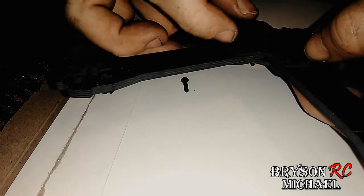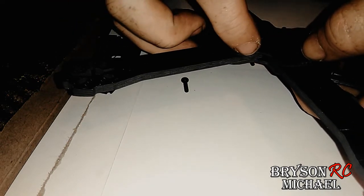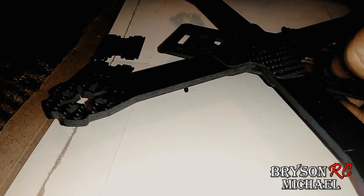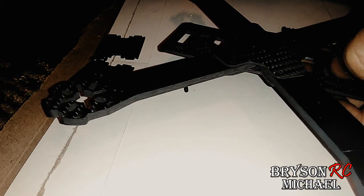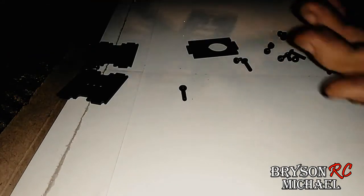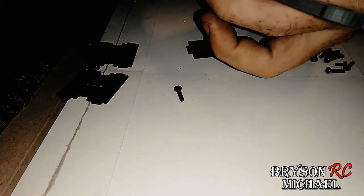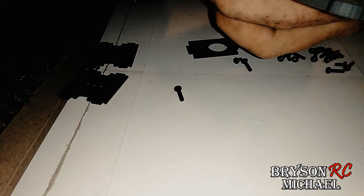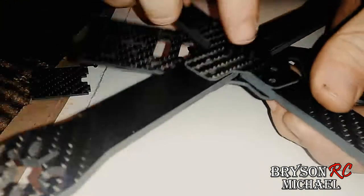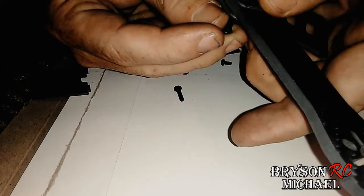It's the same thing as the Lumenier QAV. There's quite a few people, but the Impulse Alien seems to be the most popular drone. A lot of people fly that, and so I want to kind of stay away from that and get my own. So now that the middle one's in, all you got to do is stick this one on the end in and through,